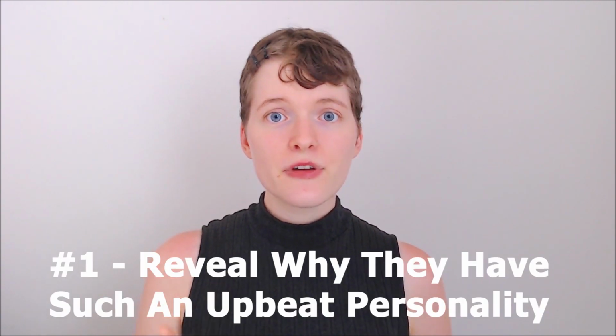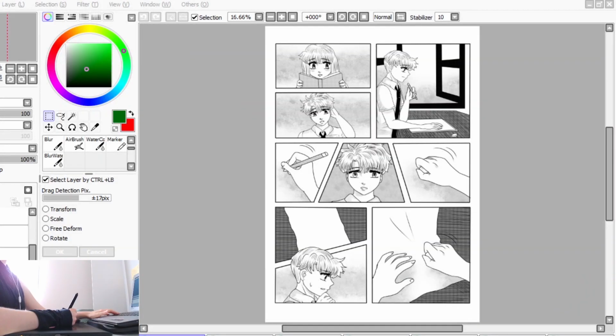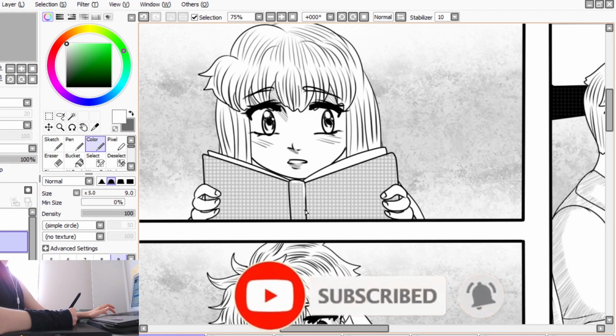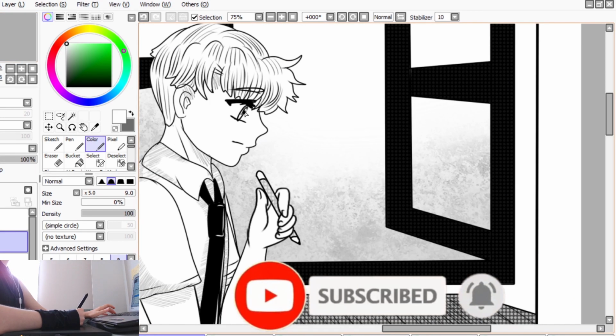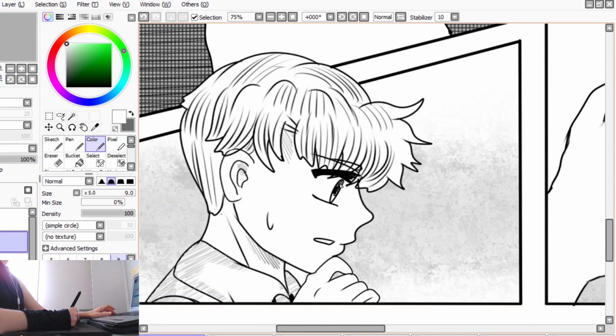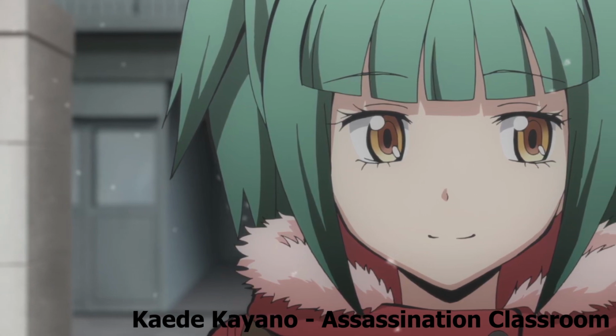My first tip is reveal why this character has such an upbeat and positive personality. Everyone's personality traits are there for a reason. It's something they develop over time, and this is the case for a Deredere character also. You need to consider why this character became like this. What happened in their past, or in their childhood, or growing up, that made them into this really positive and